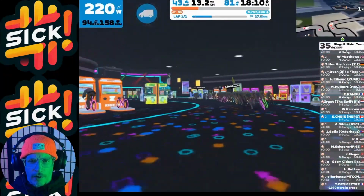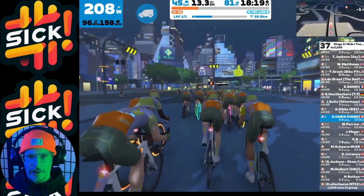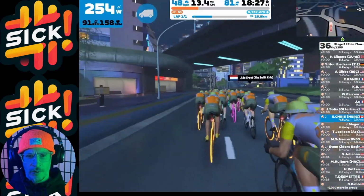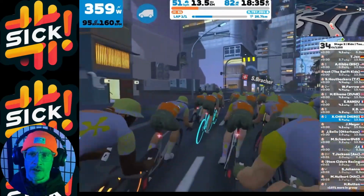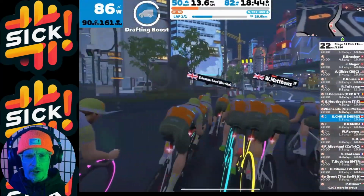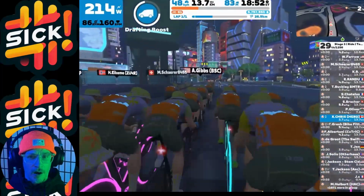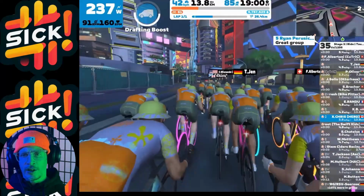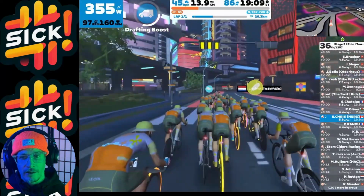So the Tour de Zwift, unlike the Flamme Rouge, it's more of a participation event. I noticed this year they have an epic race version as well, but the numbers on these events are much larger than on those race events. What you do is, as you complete a stage, you get a new piece of kit. So maybe at the end of the first stage you get socks, and then after 2 stages you might get the bucket hat, and then 3 stages you get the shoes,